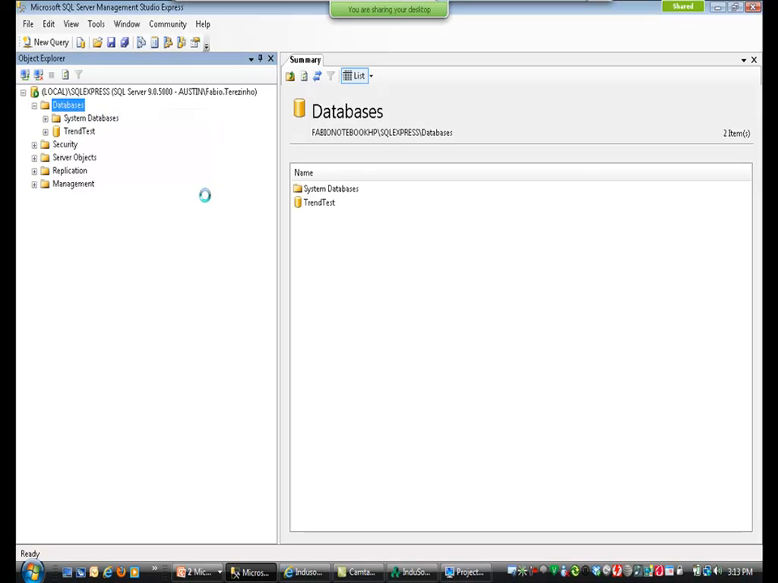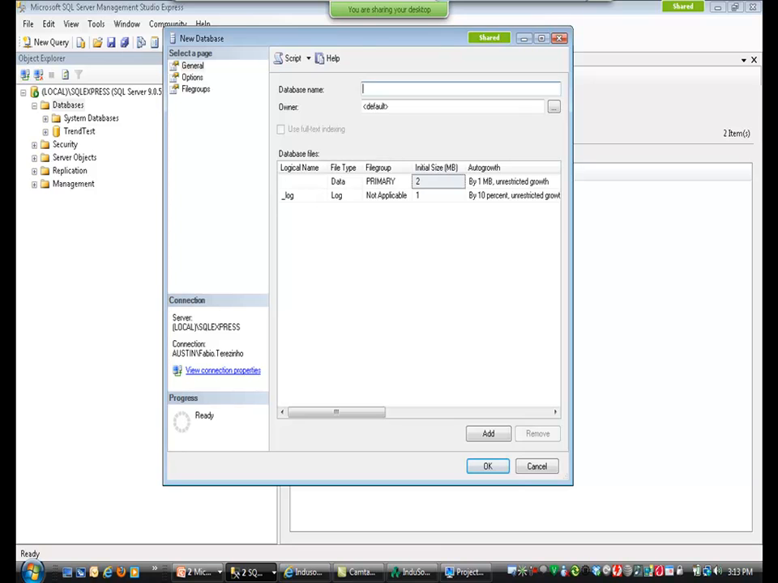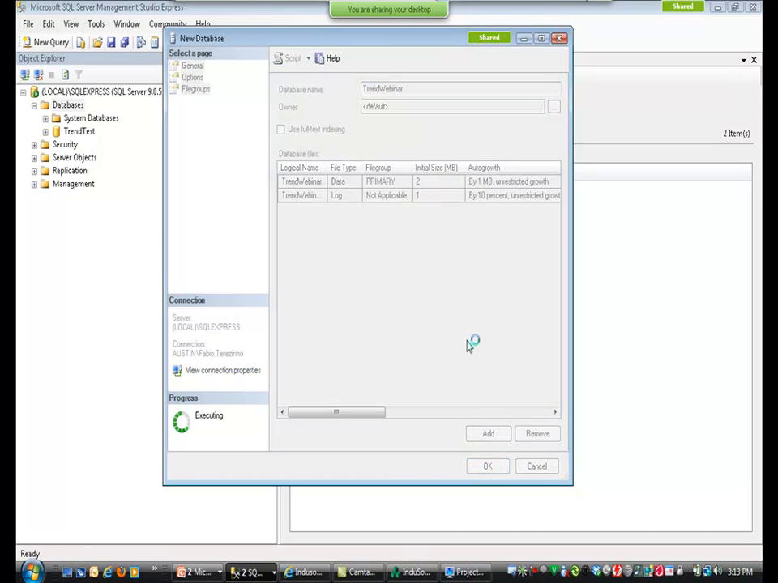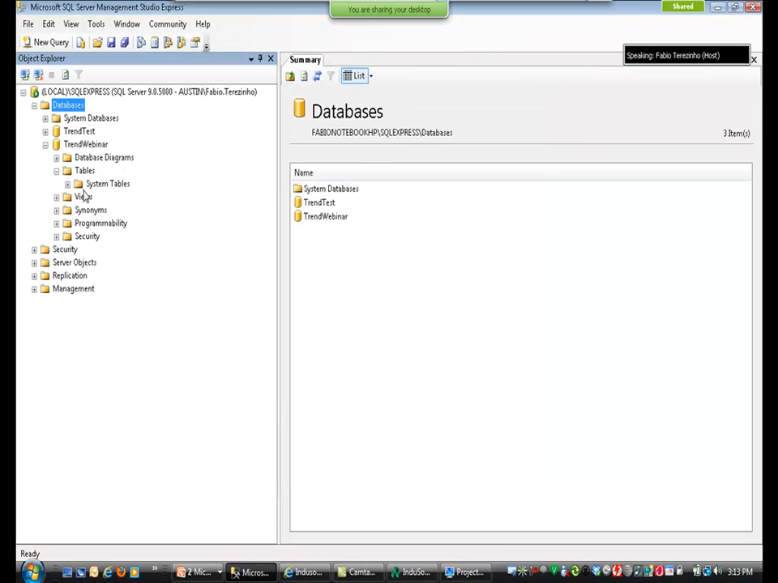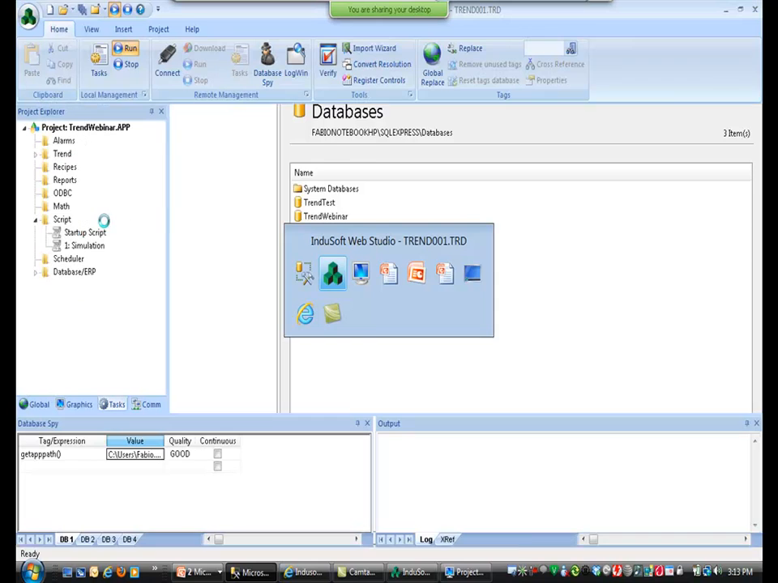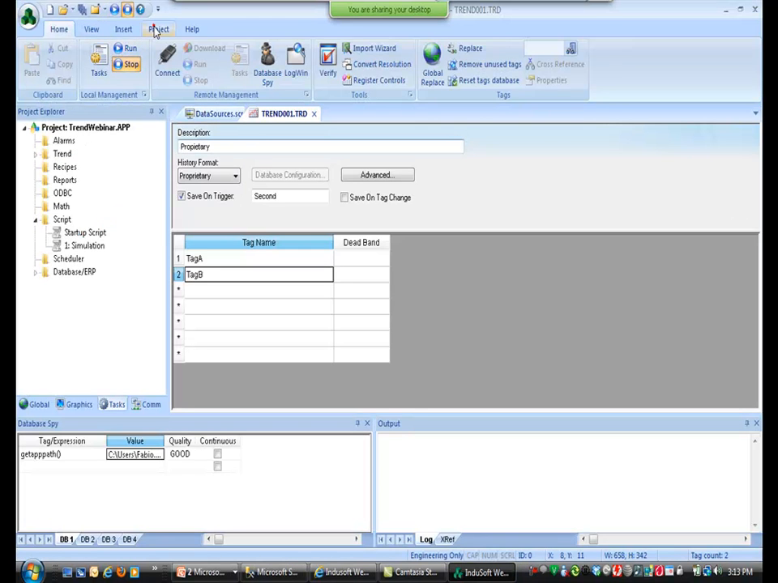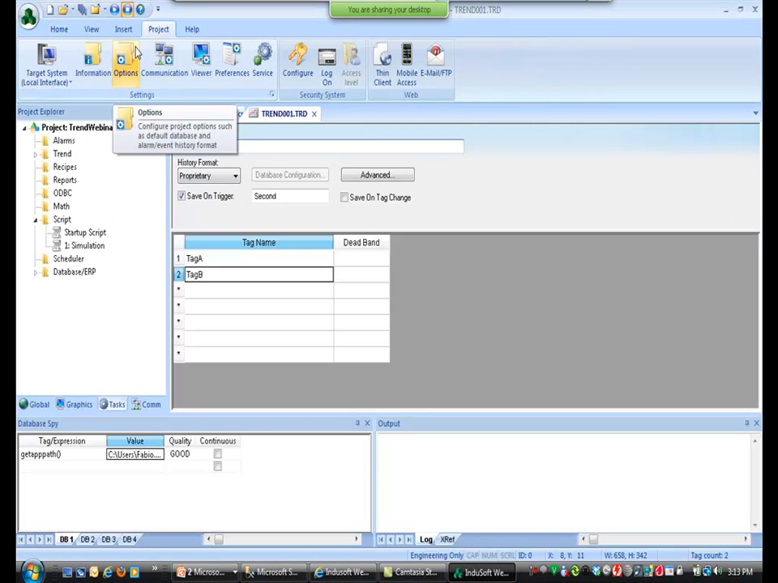So I'm going to create a new database in SQL Server called, for instance, Trend Webinar. There you go. So it's a brand new database. I have no tables, nothing here. So in InduSoft, I can link InduSoft to this database. I just go to Project, Options,